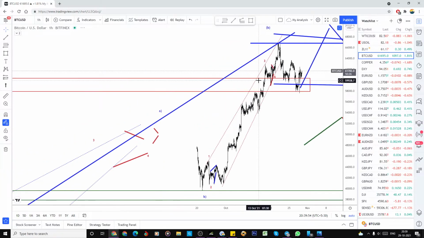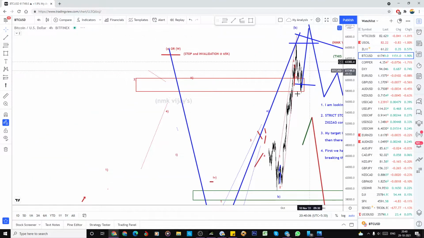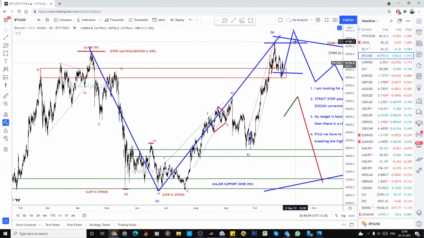So it can do one more high, or it has already done 1, 2. So I explained this 3, 4 and 5, and we are in the downtrend. It is also possible, not only to make one more high, from here also it can decline. So let's watch this,